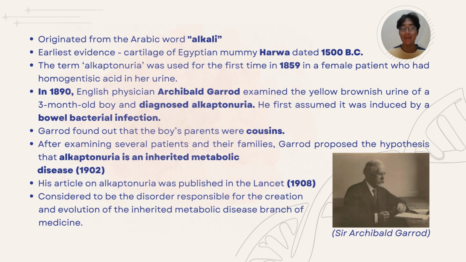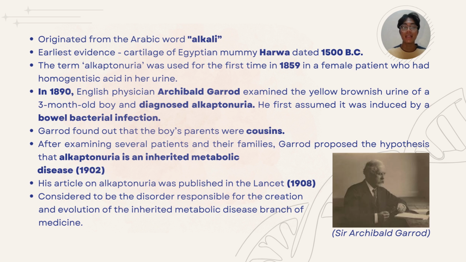However, the term Alkaptonuria was first officially used in the year 1859 in a female patient who had homogentisic acid in her urine. In 1890, the English physician Archibald Garrod examined the yellow-brownish urine of a 3-month-old boy who was diagnosed with Alkaptonuria. With the technology back then, it was first assumed that the disease was caused by bacterial bowel infection. However, Garrod then found out that the boy's parents were cousins, and after examining several other patients with Alkaptonuria,